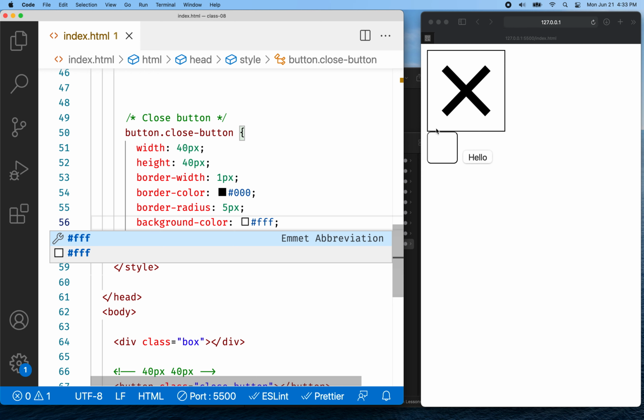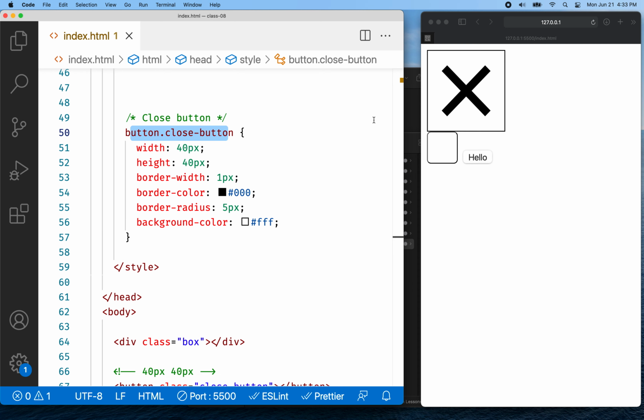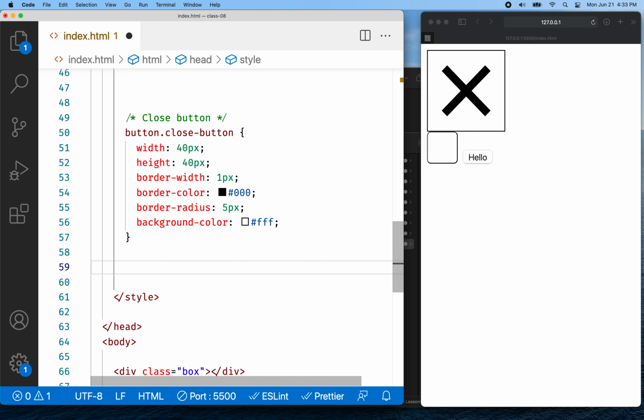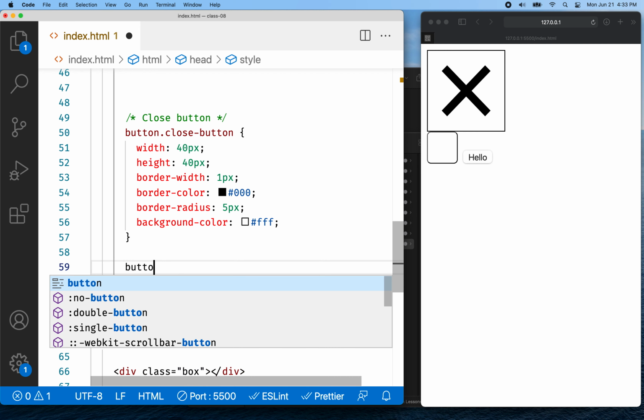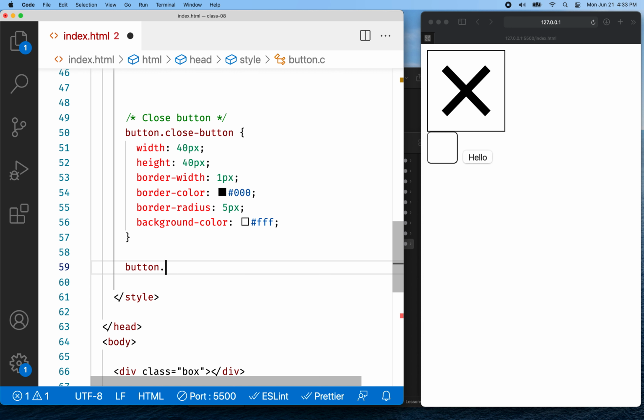Okay, so there's my starting place right there, and then someone could position this in their page or place it wherever they wanted, right? But as long as they just started off with a button and gave it the class name close button, it's going to look like this. So now we need to add the X in the middle. So I'm going to start with button dot close button,